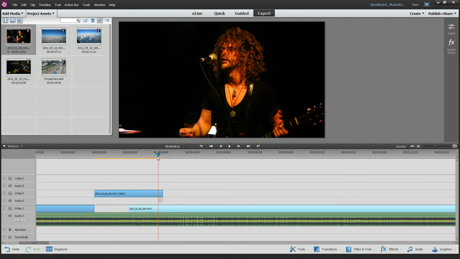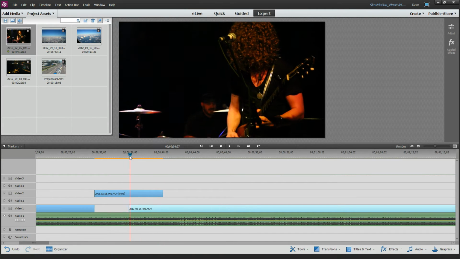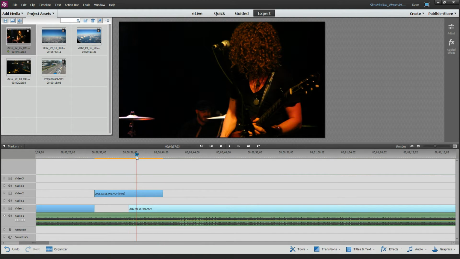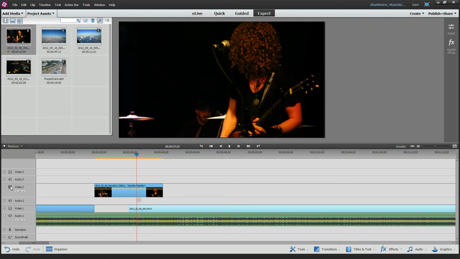Now, that's where it gets a little weird: he's still jamming in slow motion and he's singing here. So that's where it's a little weird when you do this stretched timeline, when you change the duration here. So what I'm going to do is expand Video 2, and we're going to go to the very top of that keyframe.